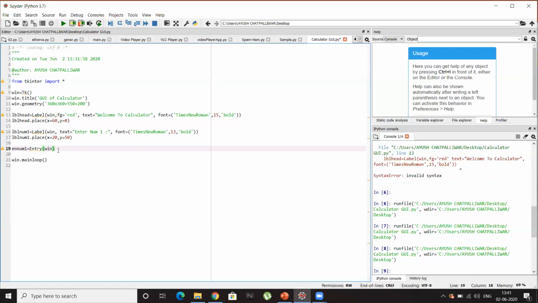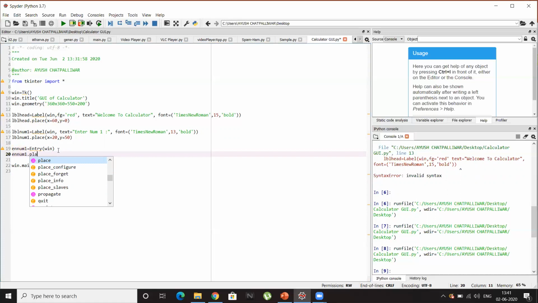And lastly we have to place it on the window, same as en_num1 dot place. Two attributes: x, and here I'll try to give x as 150.